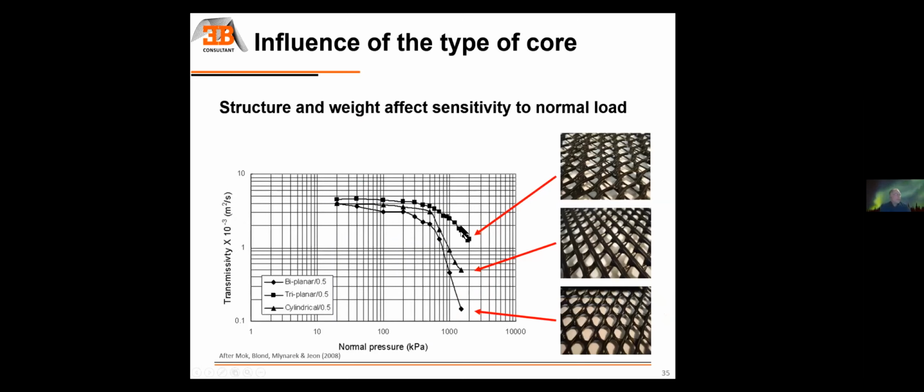Again, another example of the influence of the structure. Here you can see the relation between the normal pressure and the transmissivity of three different products. The one that suffers the most reduction of flow capacity is a biplanar geocomposite. You have another one, biplanar standard geocomposite. Then the second one,